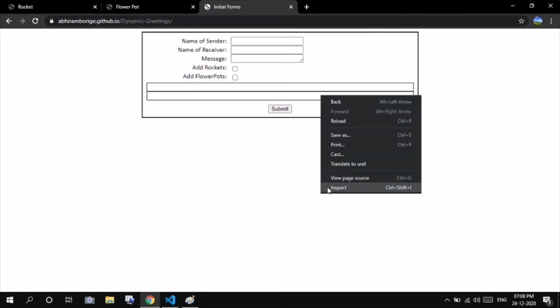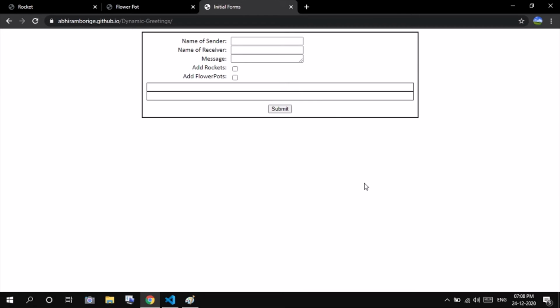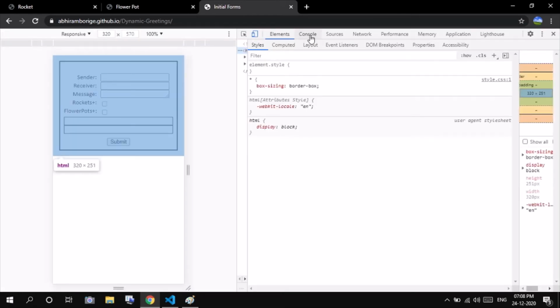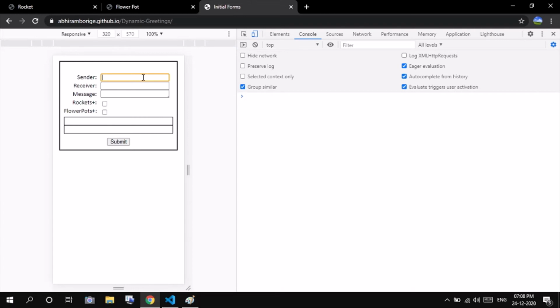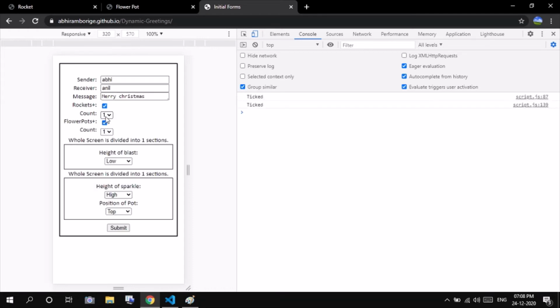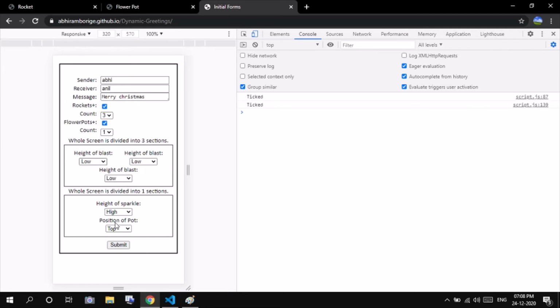And opening my console side by side, if I press sender as and receiver as and message as, plus and then plus 3, yeah, let it be default.